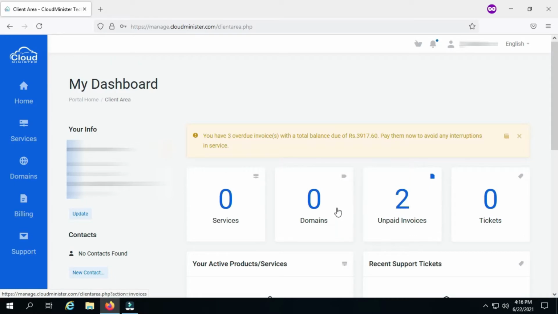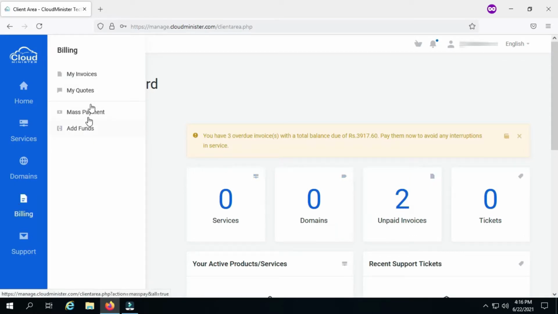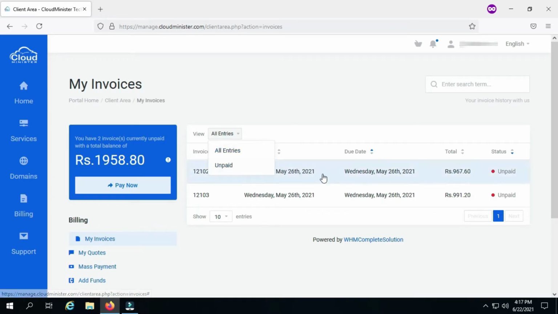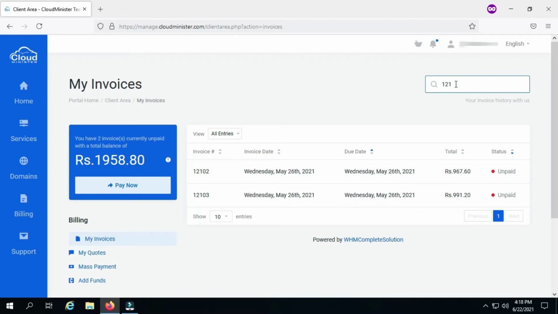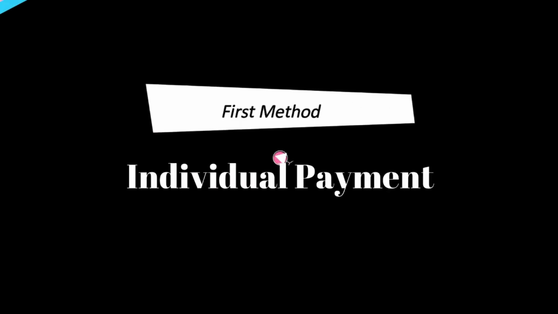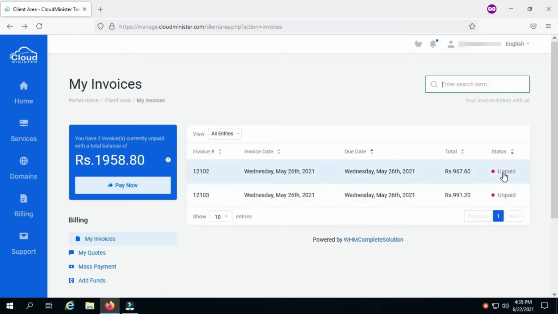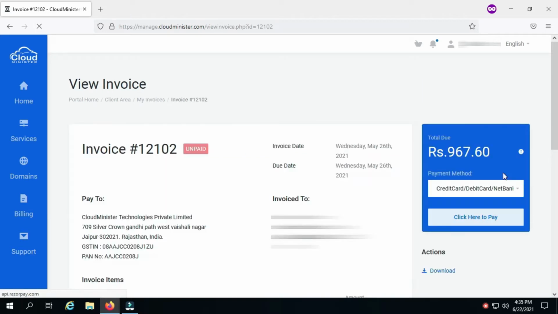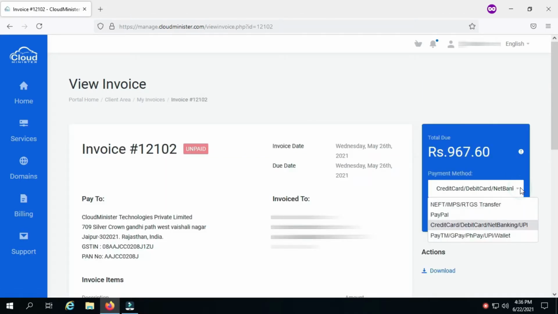You can either click on Unpaid Invoices from the My Dashboard or go to the Billing option from the left and click on My Invoices. Here you will see the My Invoices dashboard, where all outstanding invoices will be listed, and if you have any invoice history with us, you can also search. Select your unpaid invoice. You can see that the View Invoice page has opened, and to the right of the